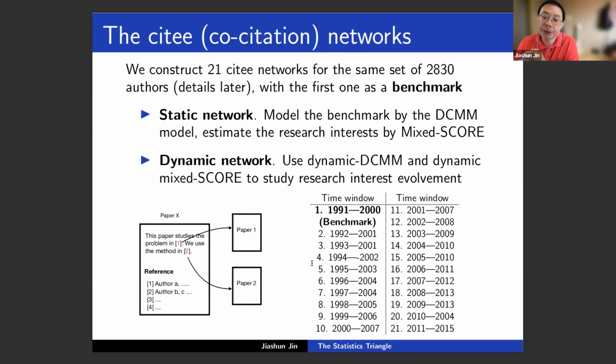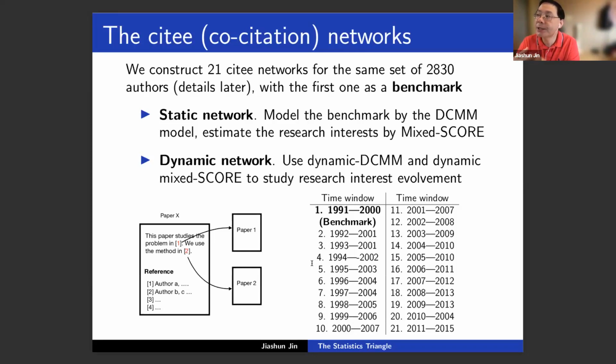The Scite network uses both the BibTeX data, like references, and the citation information. If you want to brute-force build a citation network, it's very inconvenient to analyze because it's not symmetrical, and so far the modeling method and theory are not very ready yet. So we consider the so-called Scite network. The Scite network is symmetrical, but it's not the simple symmetrization of the citation network.